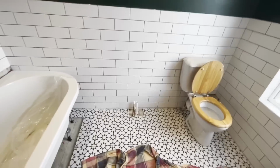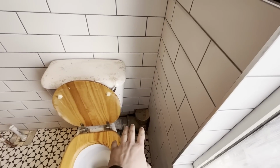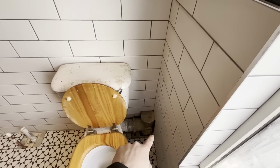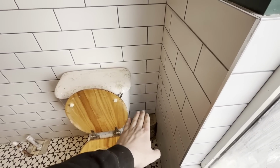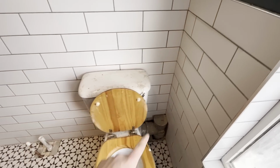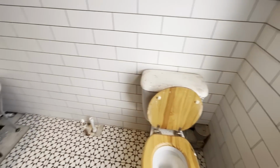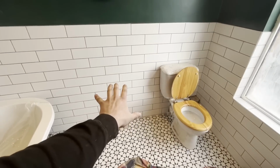So, plan of action for today, toilet in. I then need to make some boxing in around this pipe here. Should probably put a lat on the floor, lat on the back wall, and then maybe either two bits of ply or plaster. Might just do it in plasterboard, to be honest. I've got some plasterboard in lock up, go grab that. Get that in. We're going to get the unit on the wall,